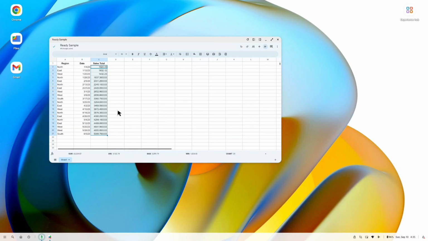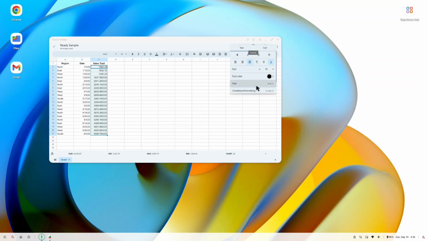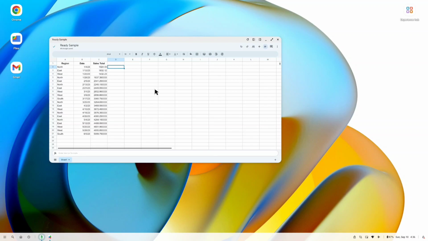And I'm going to turn that into currency and, oh wait, how can I do that? Can I, no, I can't do that there. Interesting. Can I, format. Size, color, font, conditional formatting. No, no, no, no. I can't do it. How can I turn that into something decent? I can't. The only way to do that would be to